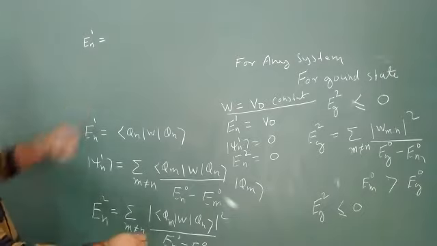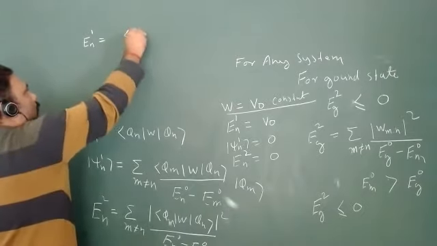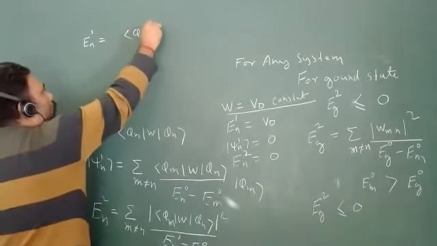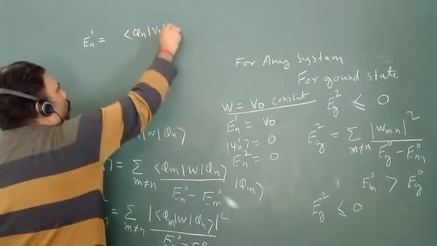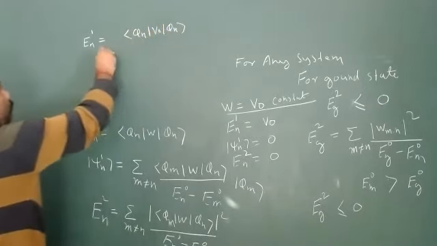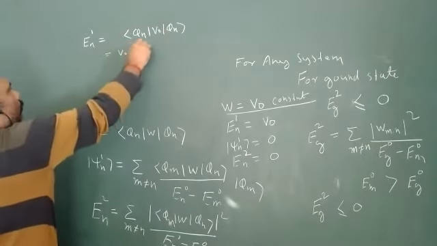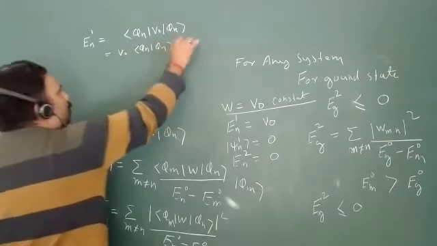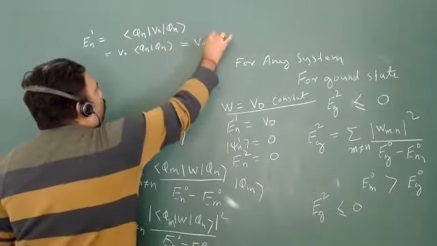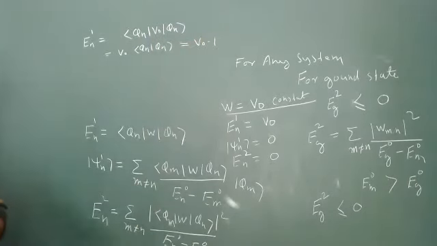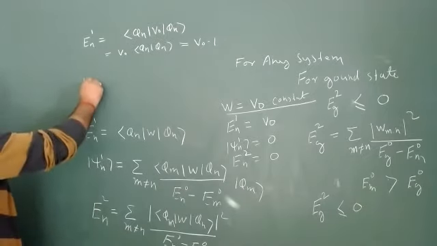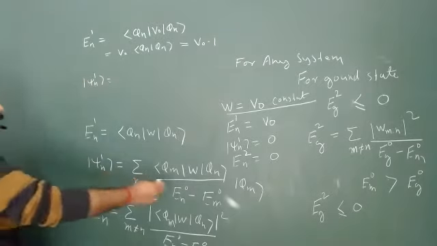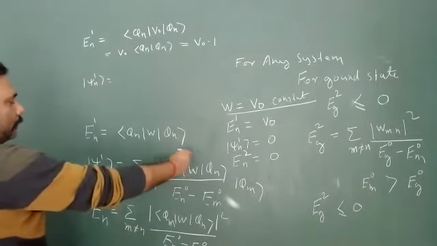So देखते हैं En1. That is phi n. W की जगह पर V0, phi n. So you can take V0 outside. We have phi n, phi n. Hence it is normalized. Then this value is V0 into 1. So first is okay. Second one, psi n1. Mainly we have to calculate this matrix element, isn't it?